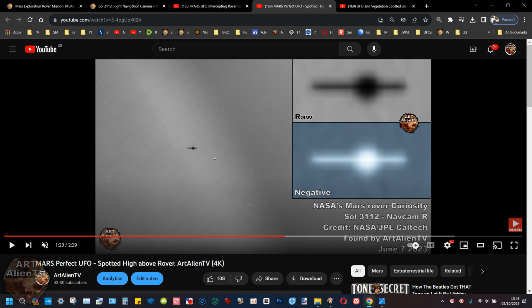I've got videos proving that very similar objects can be seen on the ground, and we also have similar or the same flying objects in the sky above multiple rovers over multiple years, thousands of miles apart, right? This is crazy. What this means is that it's not just the same type of UFO, but this may actually be the same object,